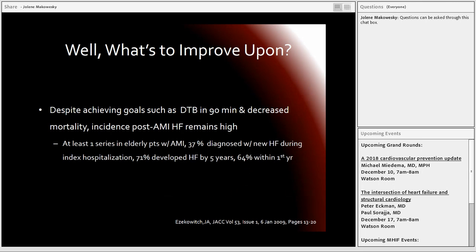Well, unfortunately, the reality is that large portions of acute MI patients go on to develop heart failure. In at least one series, for instance, which was focused on more elderly individuals, about 30% of the patients had heart failure during their index hospitalization with their MI. And by 5 years out, 71% of those individuals had developed heart failure. And we know that this places significant morbidity and mortality risk on patients and also a large burden on the